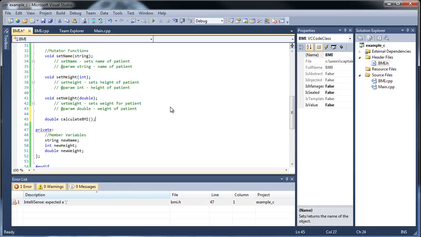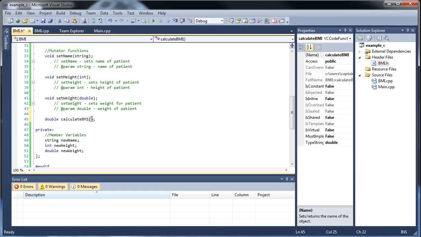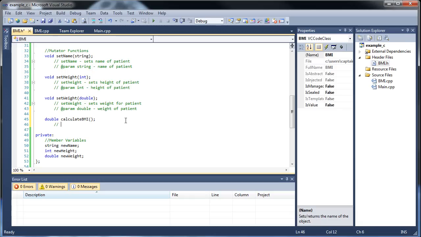And are we going to need parameters for this one? No. And the reason why we don't need parameters for this is because we're going to be using those member variables of which we set the values to. And that's why we really use member variables, is so we can use them in calculations in functions such as this one. But yeah, so we can just use these, so we don't have to actually pass in parameters. So then I'll just call this calculate BMI,